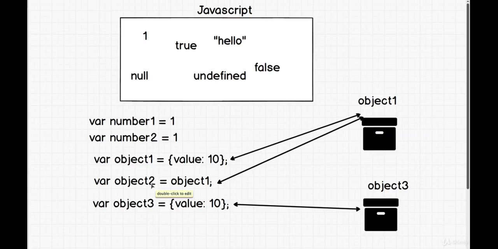Object2 says, I want you to just reference, and that's where the word comes from, reference object1, saying, hey, I want whatever's inside this box. When object3 gets created, it's a new object because we have the new brackets, and it's saying put value